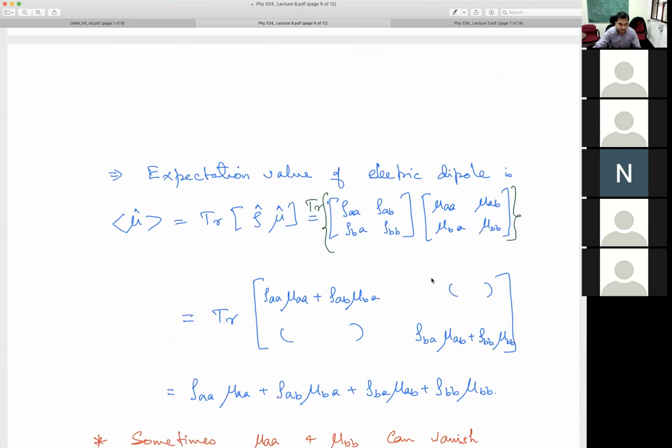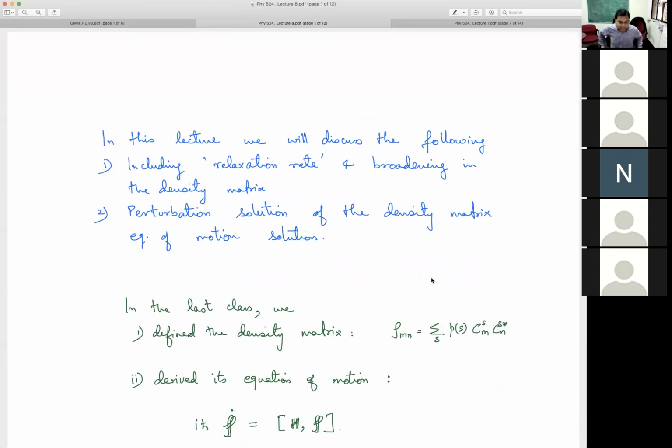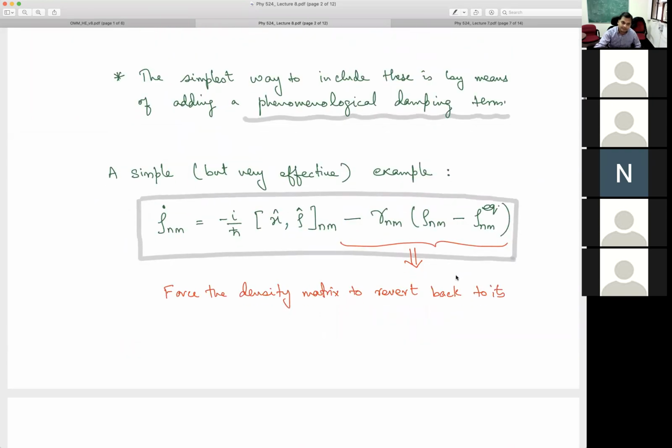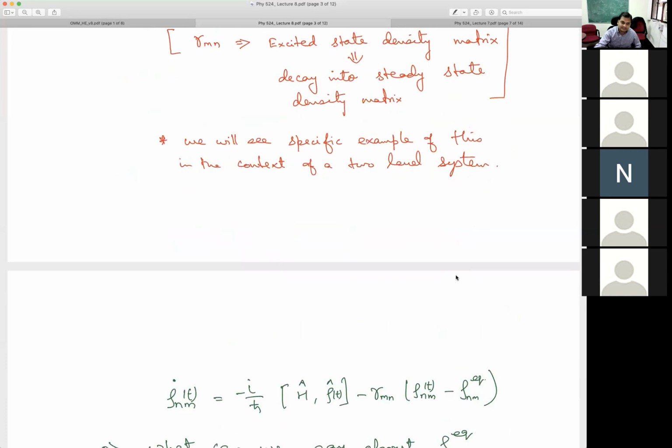Okay. So till now, what we have done? Till now, we have established that density matrix framework is a nice way to calculate physical observables. And it is slightly nicer because instead of keeping track of two wave functions, I only have to keep track of one density matrix. And it is nicer because it already includes a lot of other effects that the wave function picture will not include. A lot of other interactions that will not be part of the specific Hamiltonian I can include by this phenomenological damping term. Okay. And with these advantages, we proceed.